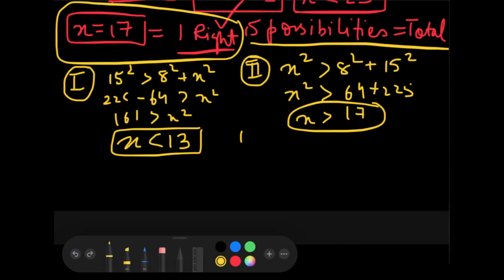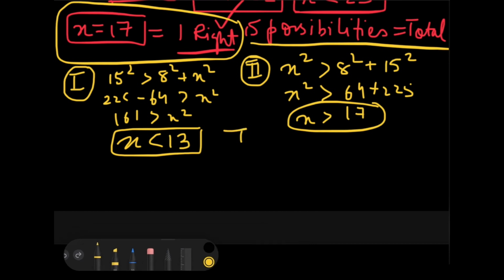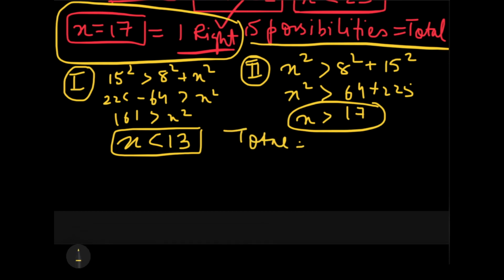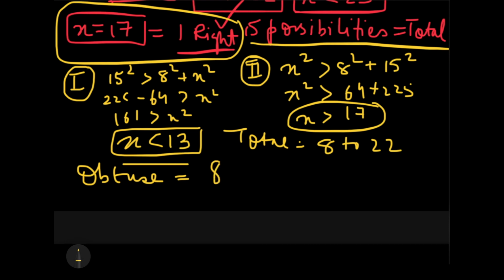Actually यहाँ पे both the cases if you observe, you are going to compare it with the total value. Total value हमारे पास थी 15 possibilities which were going from 8 to 22, right? But इसके according we can see that the value of x should be less than 13 for obtuse angle. This is the case of obtuse angle. So इस obtuse angle के case के लिए 8 से लेकर, try to pay attention, from 8 to 12 all the values can be obtuse because the value of x should be less than 13.